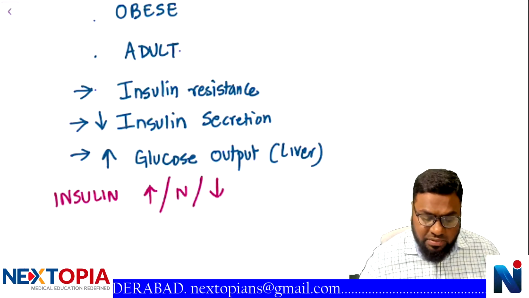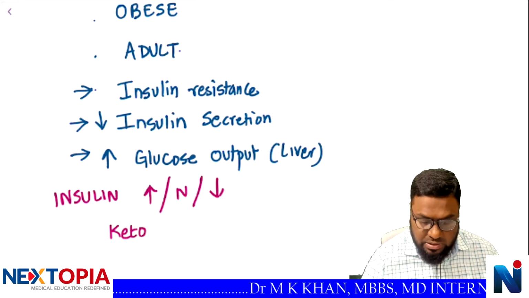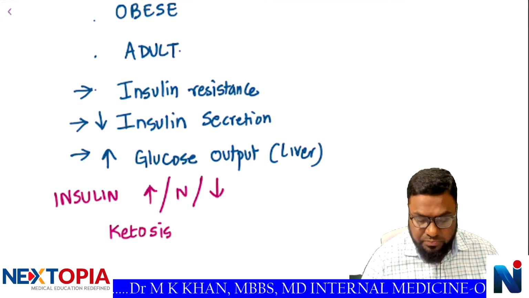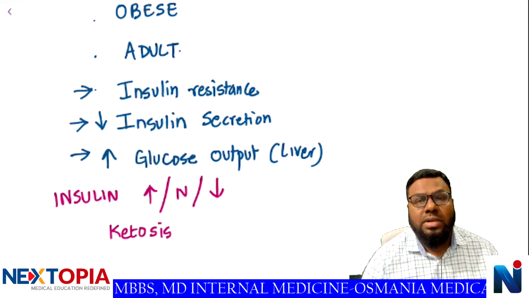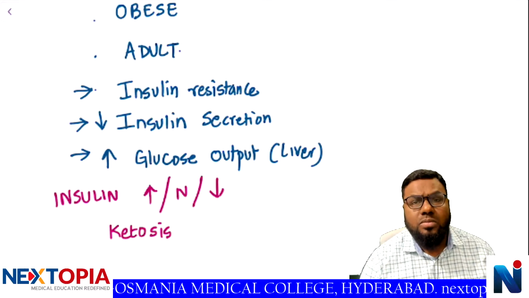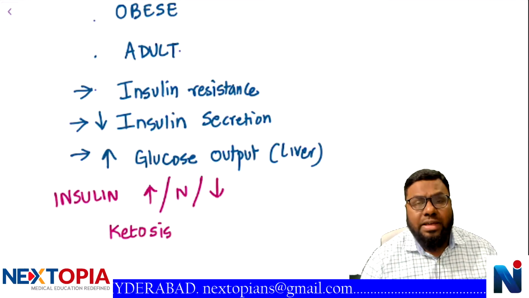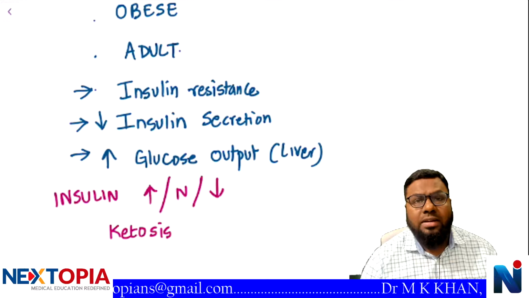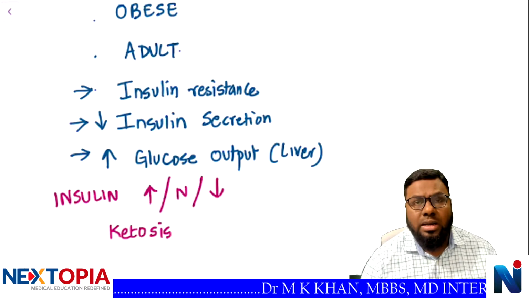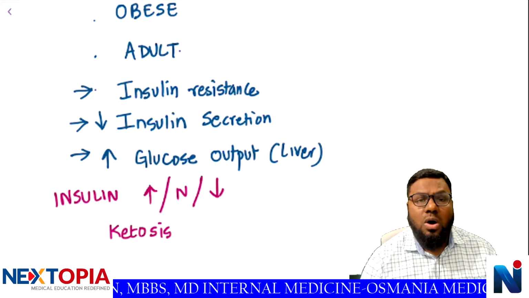Sometimes people may present with ketoacidosis or ketosis, slightly rare, but definitely it is seen. The counter-regulatory hormones like glucagon, epinephrine, cortisol, as I told you in my last class, are